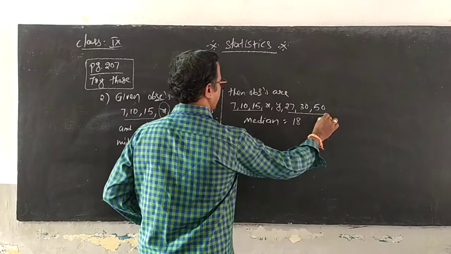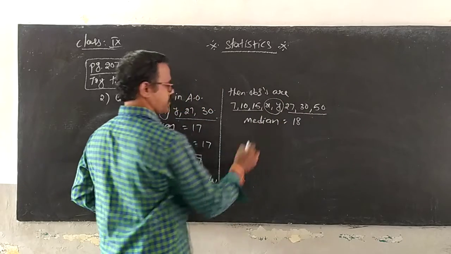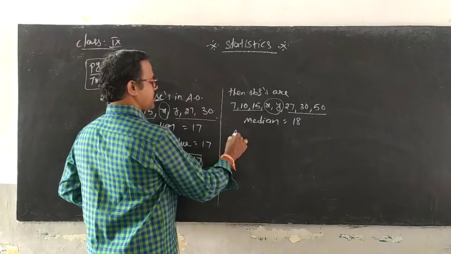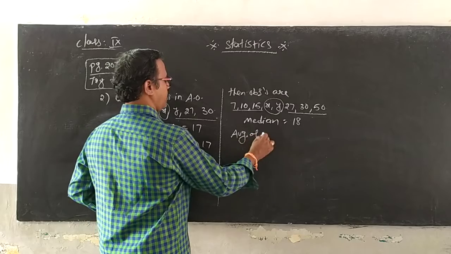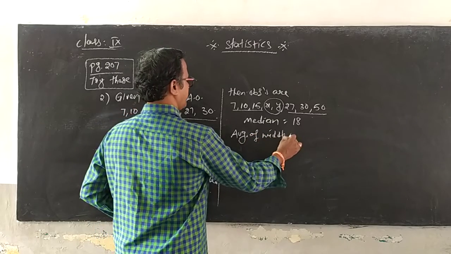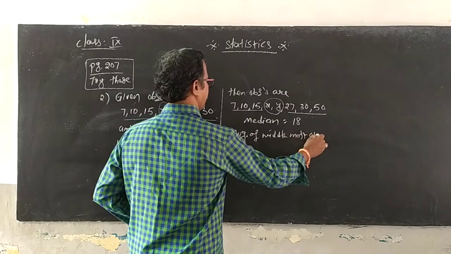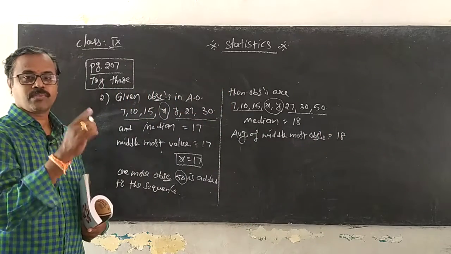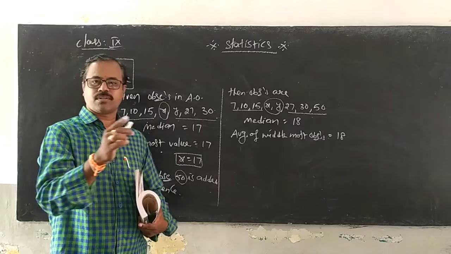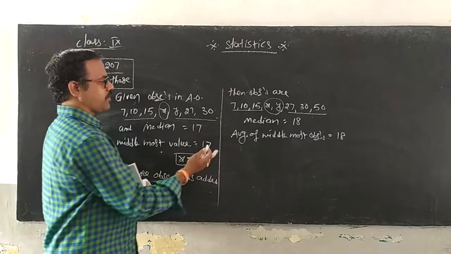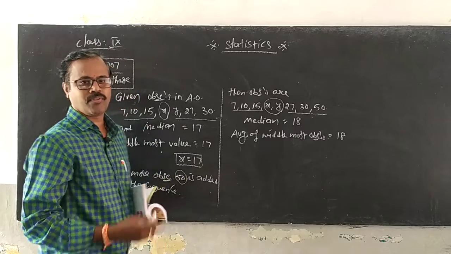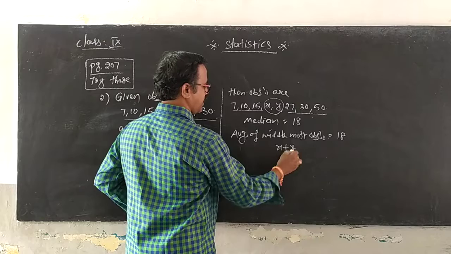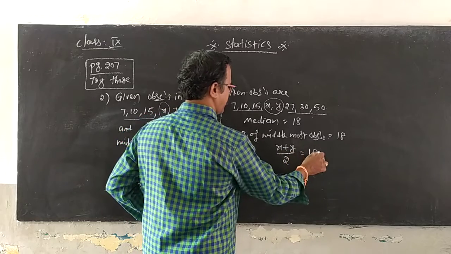When you take the last 3 and last 3, you will have 2 observations left. That means when you have an even number, you write the average of the middle most observations. So I gave you the formula. When n is even, you can write the n by 2th observation plus the n by 2 plus 1th observation, by 2. It will be very simple for you. So taking the average of these two, x plus y upon 2 is equal to 18.